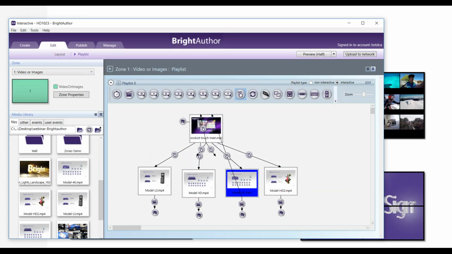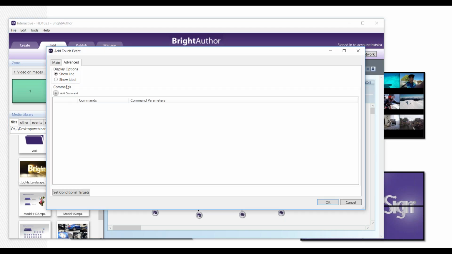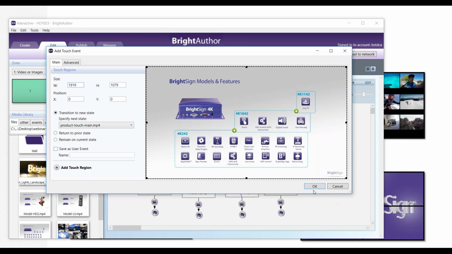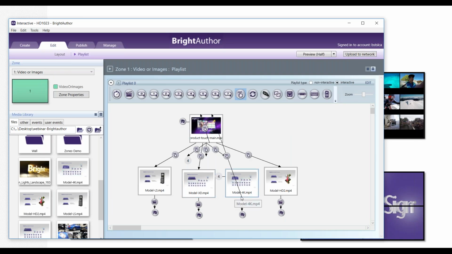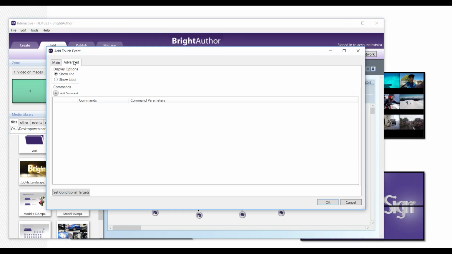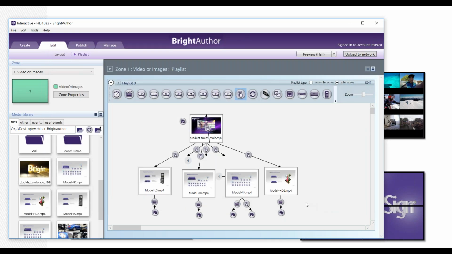But adding touch is pretty straightforward. You just go in and you draw your connection from what state you want the touch to be active in back home, and then you can specify what part of the screen you want to be active, whether it's full screen or just one little part of the screen. So very straightforward and very easy to do. And you can test this with a mouse. So if you don't have a touch screen when you're building it, you can plug a mouse into the player and use it to test